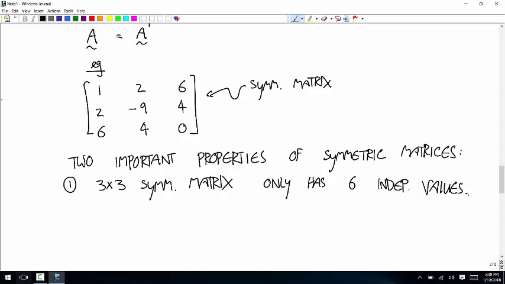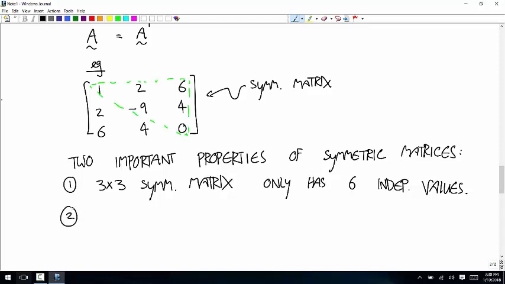So if you're given those 6 values, you can fill out the rest of the matrix. You can think of these as the ones sort of making the upper triangle. You can think of those as the independent ones, and you could fill in the ones that aren't circled there based on those. And the second thing that's important, it's not going to come up until quite a bit later,